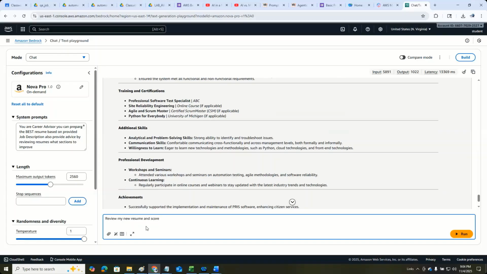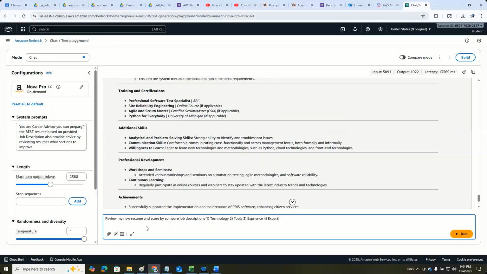One second. Review my resume and score by comparing to the job description. 1, technology match, technology, tools, experience, expertise,